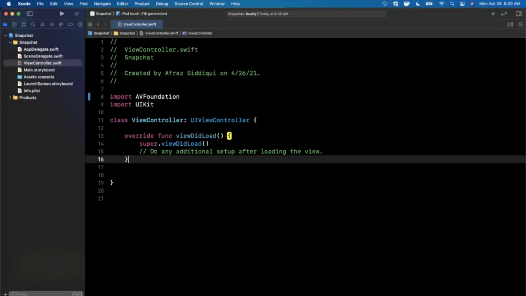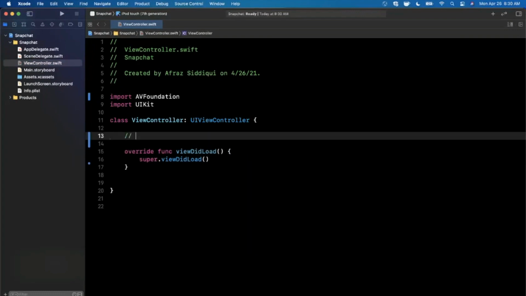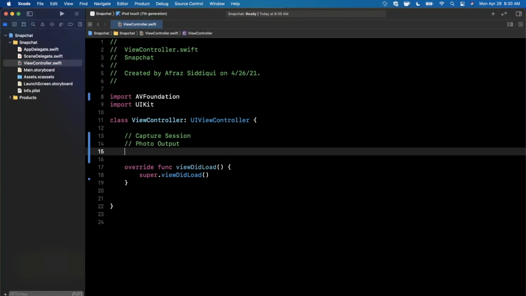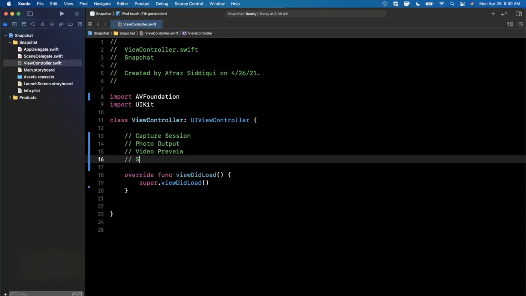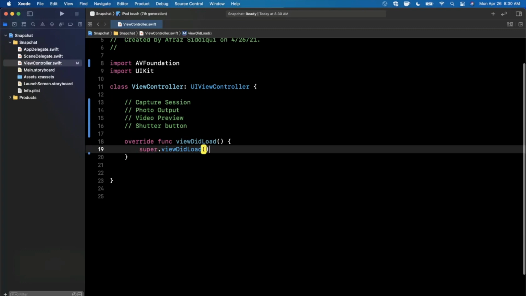Now, the next thing that we want, and if we just write out some comments to understand the flow here, is we need to have a capture session. We also need a photo output, and that's where the actual image will go once the user takes a photo. We're going to need a video preview. We'll need a shutter button, so something to actually tap and take the photo. And we also need some other intermittent stuff in here, like checking permissions and whatnot,